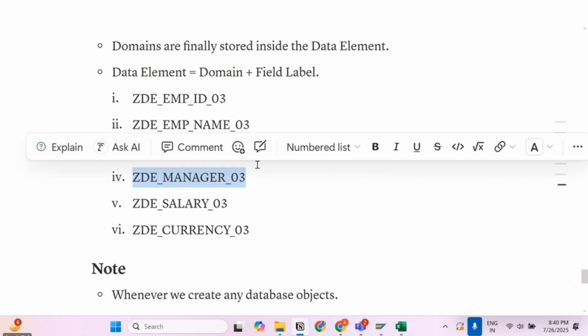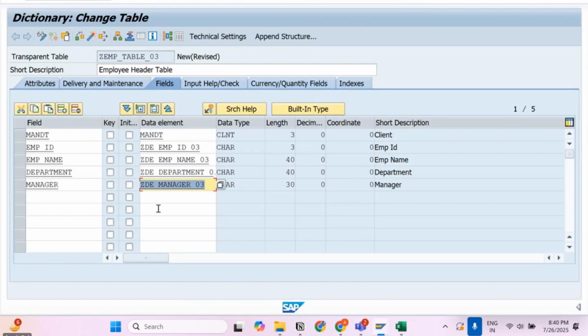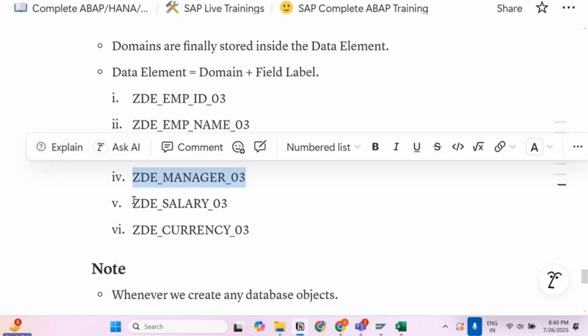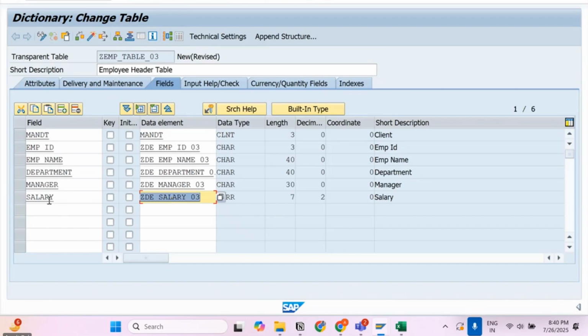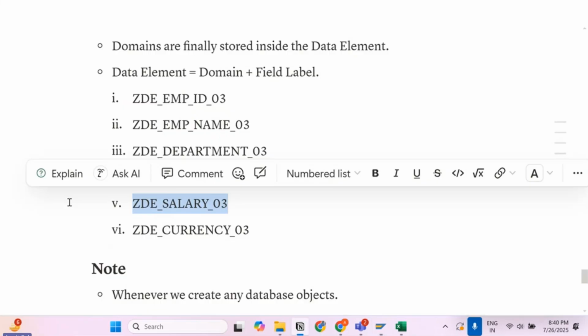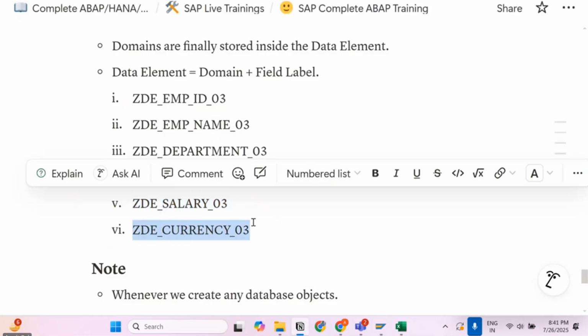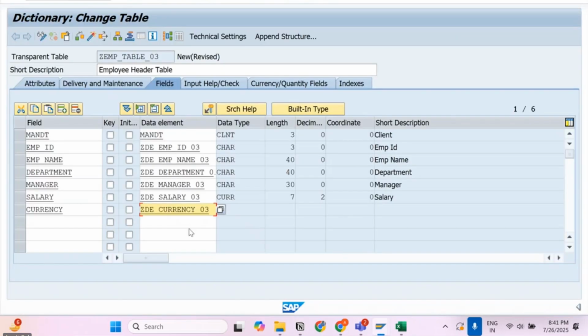Manager. Salary, salary data element. Currency here, then currency data element. So these are the columns,